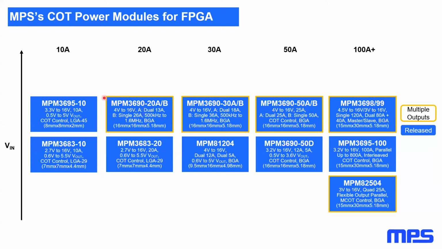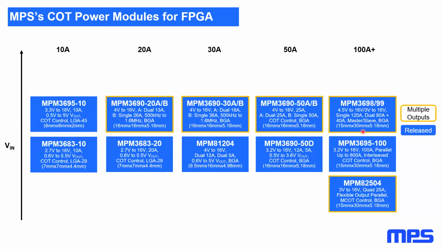These are also completely analog. So if they need to operate in an application that doesn't require serial communication, these only require the resistive divider for the output voltage, same as the 3683 family. And then the other ones do have I2C or PMBus